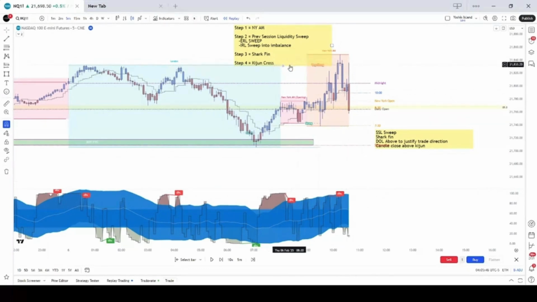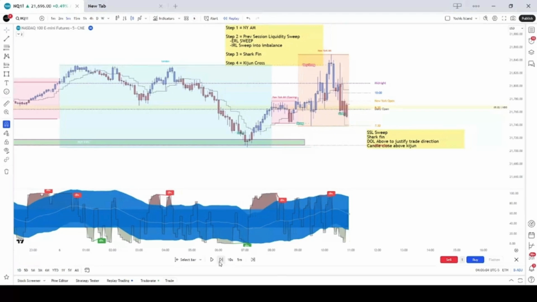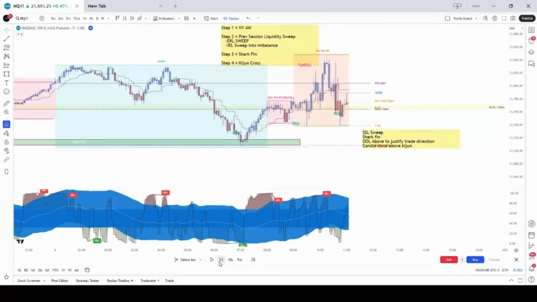We already took London High, and blah. We got all this. We swept, and now we're below the Kaiju line. There's even an IFEG over here. Yeah, all that, but no shark fin. You know what I'm saying? So let's just see what happens. Yeah, you're feeling good. Oh yeah, we're going down, but